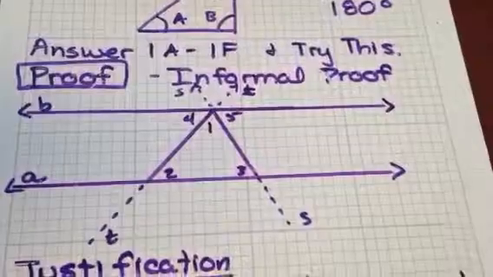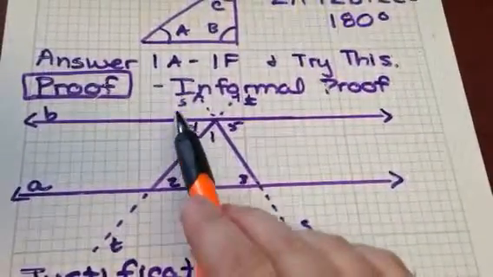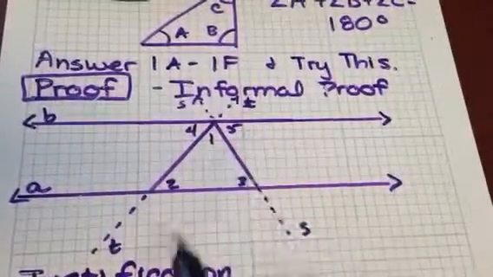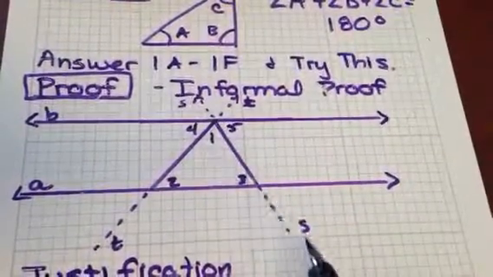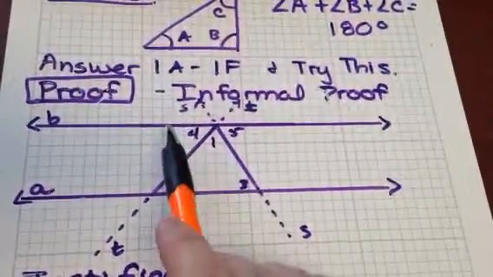So once I draw this triangle, then I can label these angles here 4 and 5, and if S is a transversal line, then we know that the angles 4